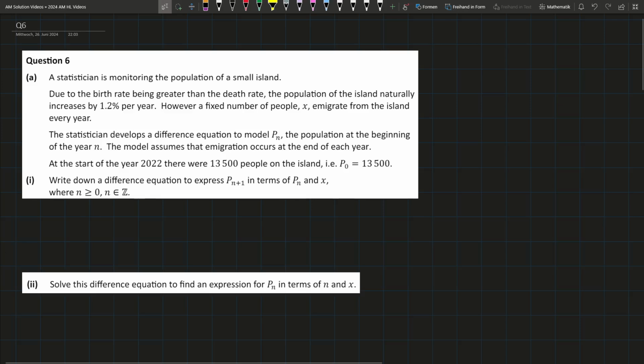Question 6 starts off with a difference equation. So there's this population and it's increasing by 1.2% each year, but X people emigrate each year. So they're using a difference equation to model this. And it assumes that emigration occurs at the end of each year, which is quite an important detail because there